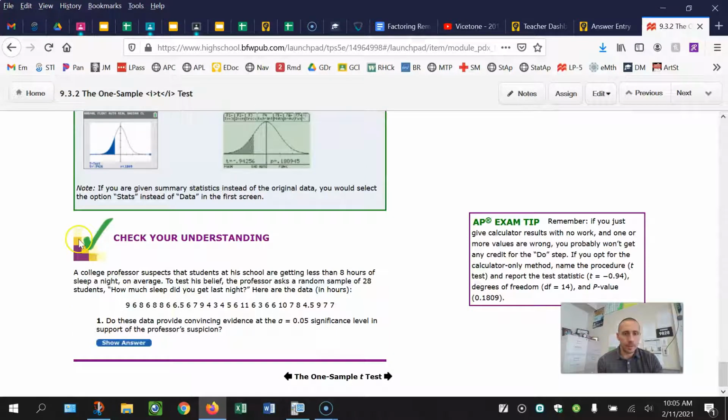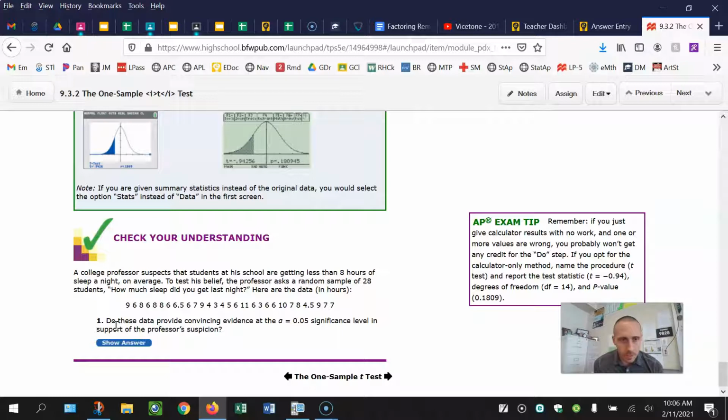All right. So this is going to be the same deal. I'm not going to go through and plug all this in my calculator. I'm just going to go through the main parts. So you might want to pause the video and go through the main parts of the 4-step process and then come on back. So for the hypotheses,